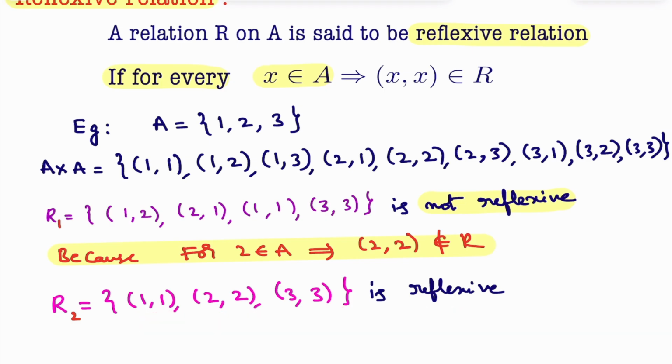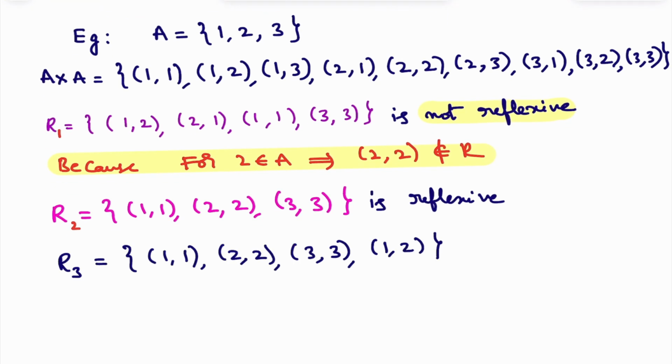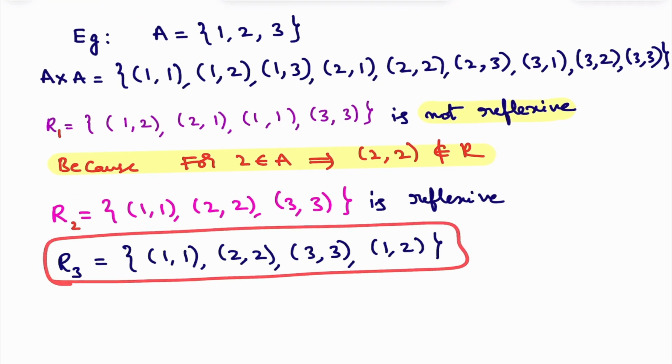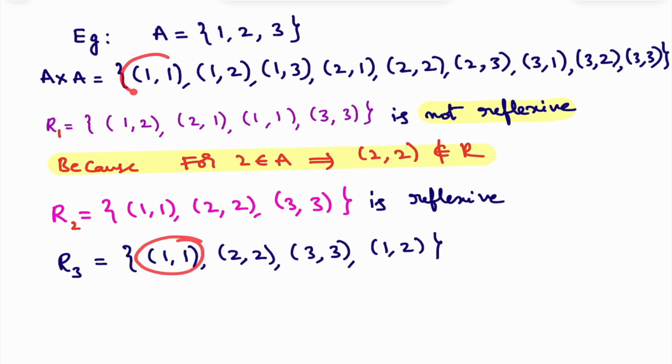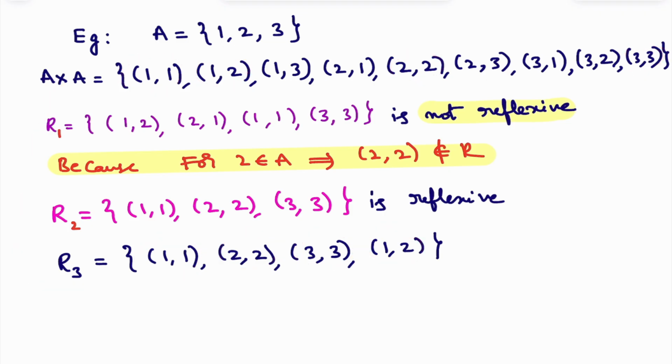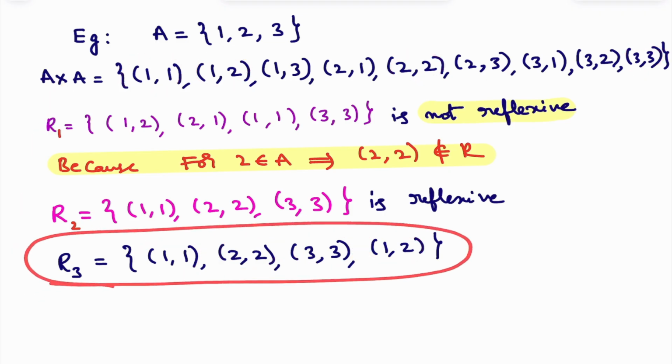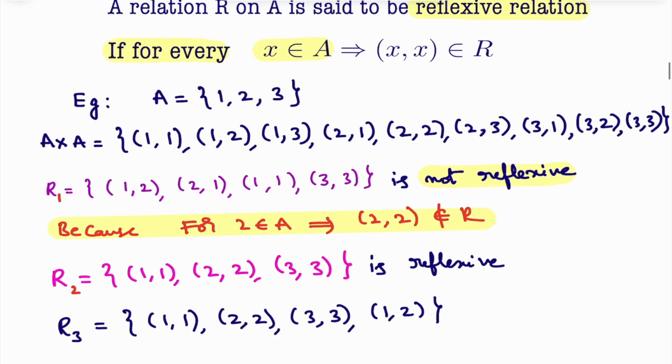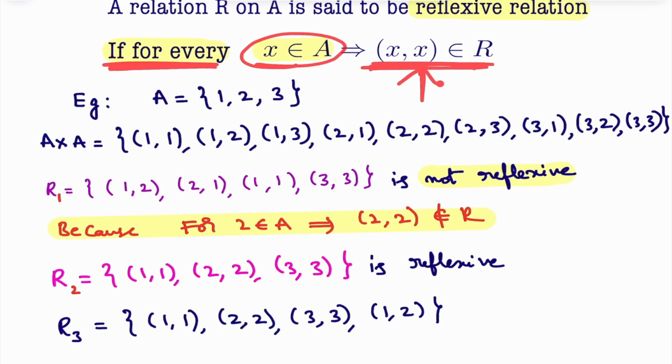Now I'll take one more example to understand this reflexive relation more clearly. You observe, I consider one relation which is a subset of A cross A: 1 comma 1, 2 comma 2, 3 comma 3, 1 comma 2. Yes, all elements of R3 are there in A cross A. So this is a relation on A. Now I am checking whether this relation is reflexive or not. What is the reflexive relation condition? For every x belongs to A, this is important. For every x belongs to A,